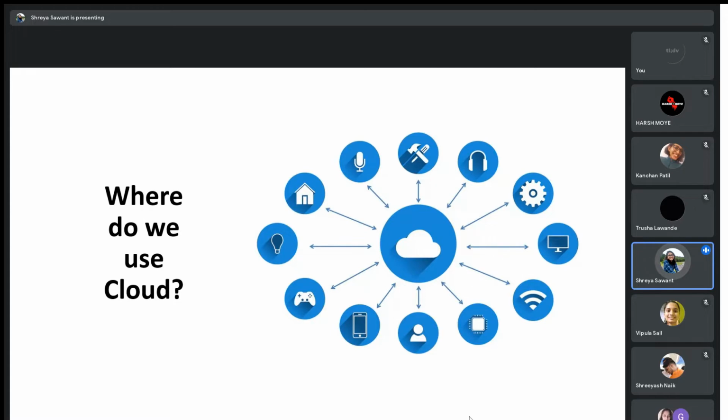Even if we don't know about it, we are literally surrounded by cloud. For example, banking, emails, media streaming, e-commerce, and basically all the applications on your phone are managed through cloud. Even WhatsApp, for that matter, is managed by the IBM cloud.